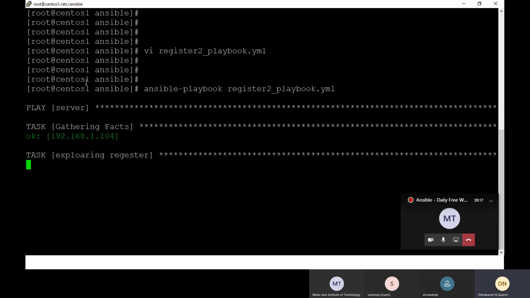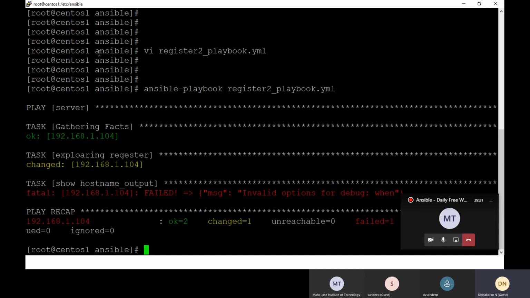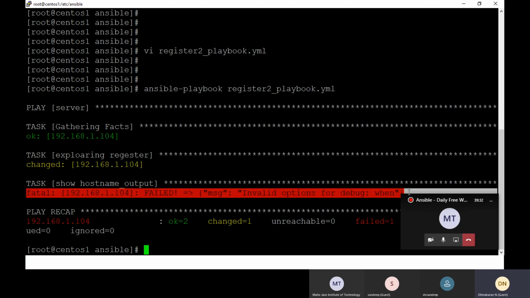So I'm executing, it's gathering the facts, but the changes happened and I don't have the proper version. If I have two versions, then I'll show you how to use that